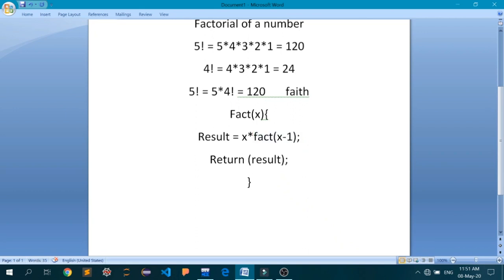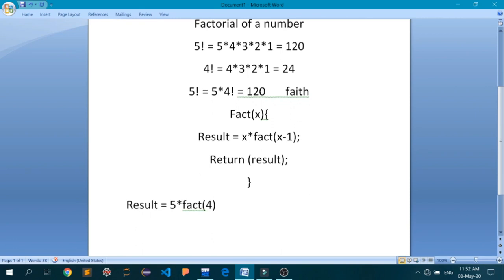Okay, so what will happen is, in the first call, the result will be equal to 5 multiplied by fact of x minus 1, that is 5 minus 1, which is 4. And now for calculating this, the compiler will call this function fact and pass the argument x minus 1, that is fact 4.